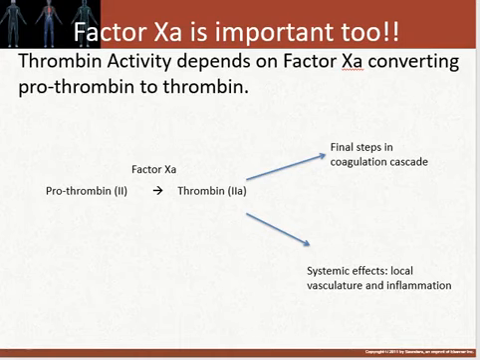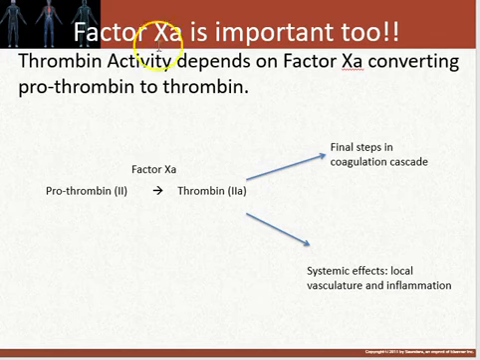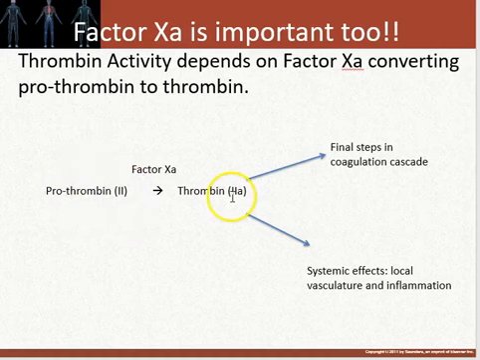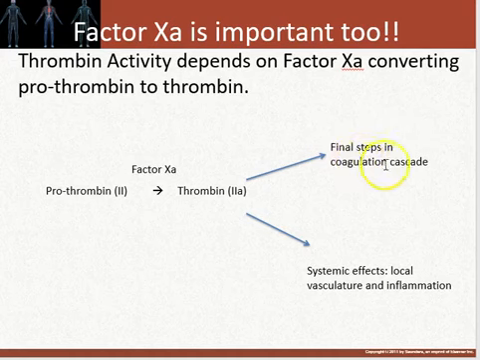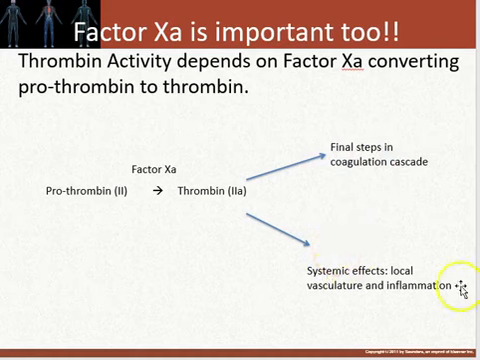So let's quickly look over the importance of factor 10A. A lot of the thrombin activity in terms of the coagulation cascade is really going to be dependent upon factor 10A specifically. That's because factor 10A is responsible for converting prothrombin, which is factor 2, to thrombin, which is factor 2A and biologically active. And we said thrombin, or factor 2A, plays major roles in the final steps in the coagulation cascade, but it also has systemic effects, as well as local effects on the vasculature,